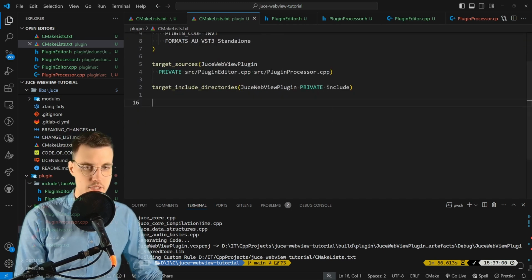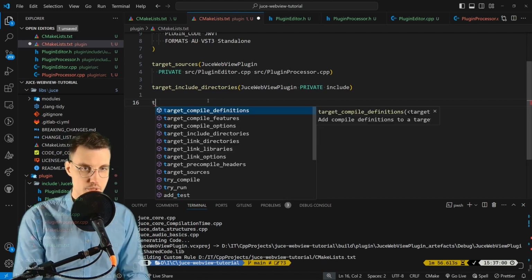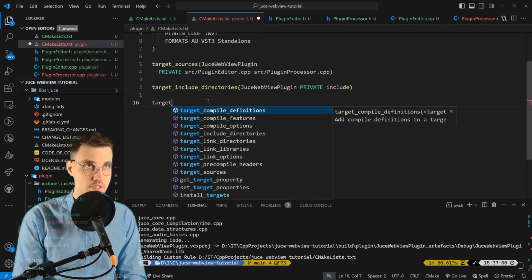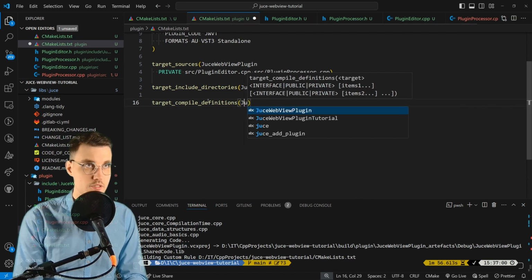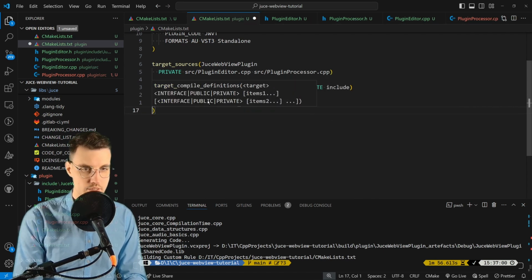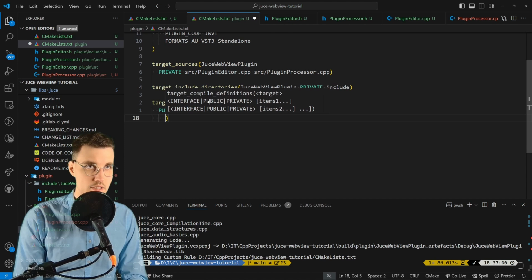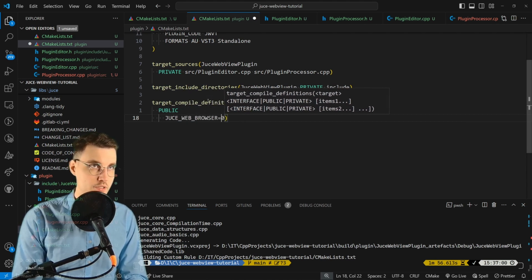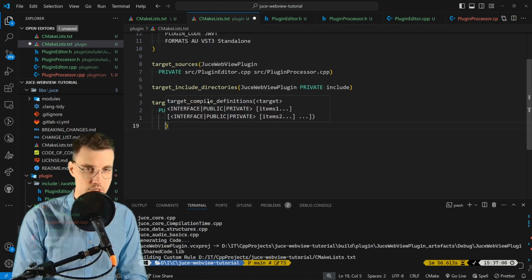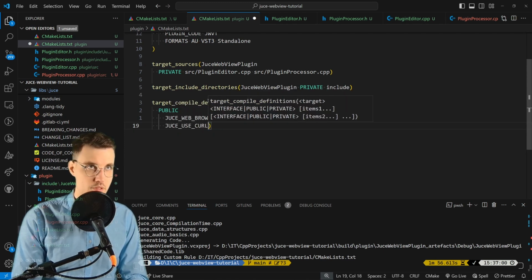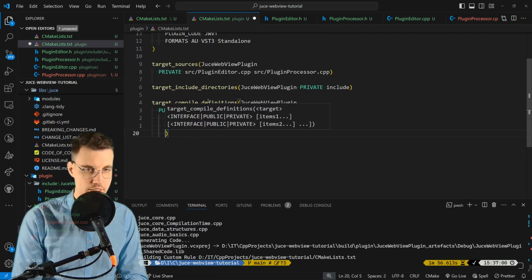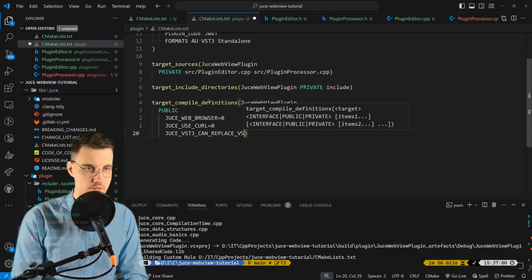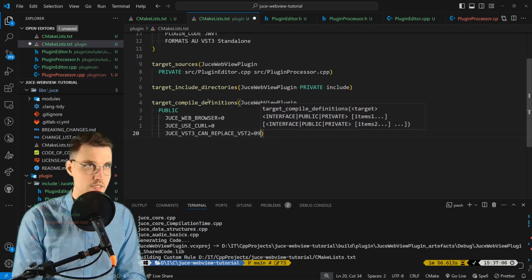And for this, we need to define some flags. So we'll go first target compile definitions, JUCE WebView plugin, public, and we'll go JUCE web browser assign 0, JUCE use curl assign 0, and JUCE VST3 can replace VST2 assign 0,